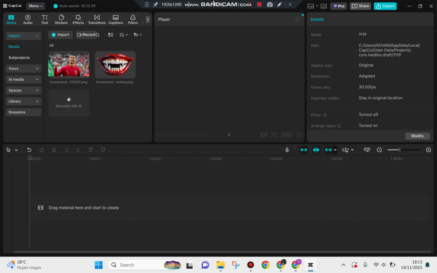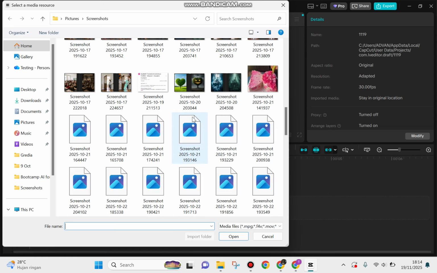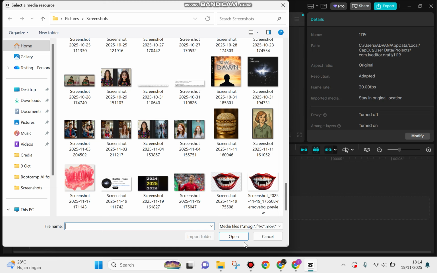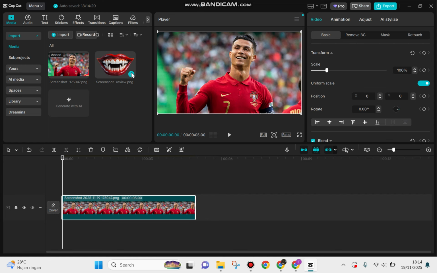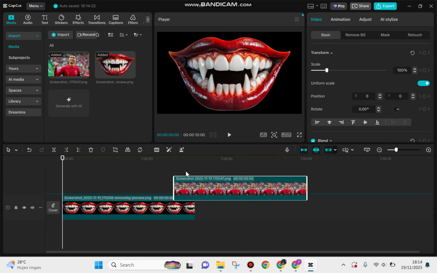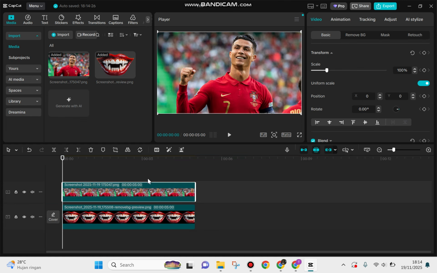Well guys, the first step, you can open CapCut, and after that you can start to prepare or import some pictures over here. If you click import, it will direct you to your device, and you can start to choose your picture and also the scary thief. And after that you can click this add to track, and also this one. However, for this one I will put it over here, let's say into the first layer